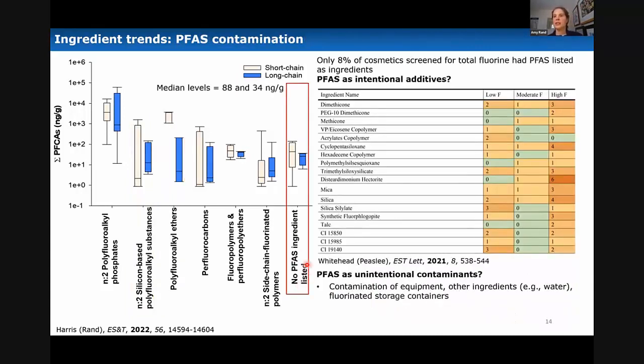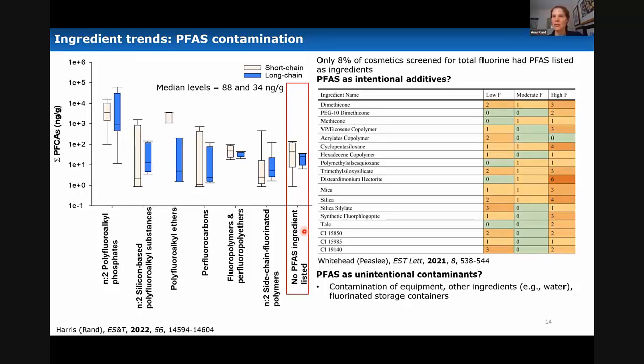Now, another surprising result was that we noted a wide range of targeted PFCAs in products that did not explicitly list PFAS as an ingredient, with median levels of 88 and 34 nanogram per gram for the short and long chain PFCAs. So this would have been a very surprising result